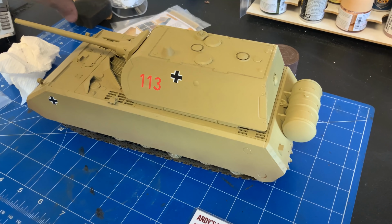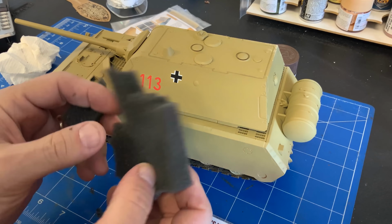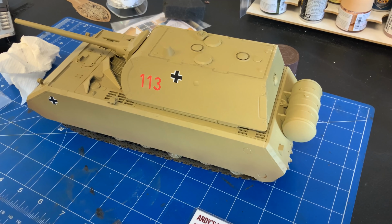We're going to just take a little bit of our foam sponge here and just tear off some pieces of it and get kind of a rough edge on it. Nothing too spectacular on that. And now we're going to use a lighter form of dark yellow on here to create those scratches and effects on things that, like I said, didn't go all the way through. Those will be the next step that we'll do on it. So for this, I'm going to use a little late war